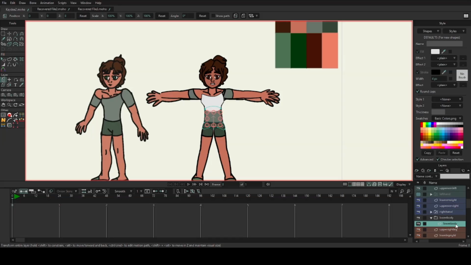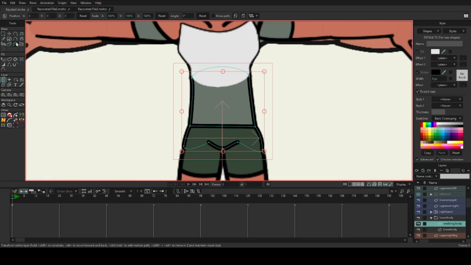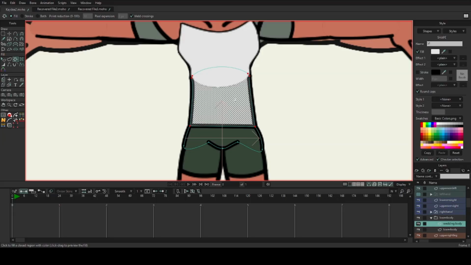We're going to duplicate. I'm going to call this wedding body. And then I'm going to make it white.